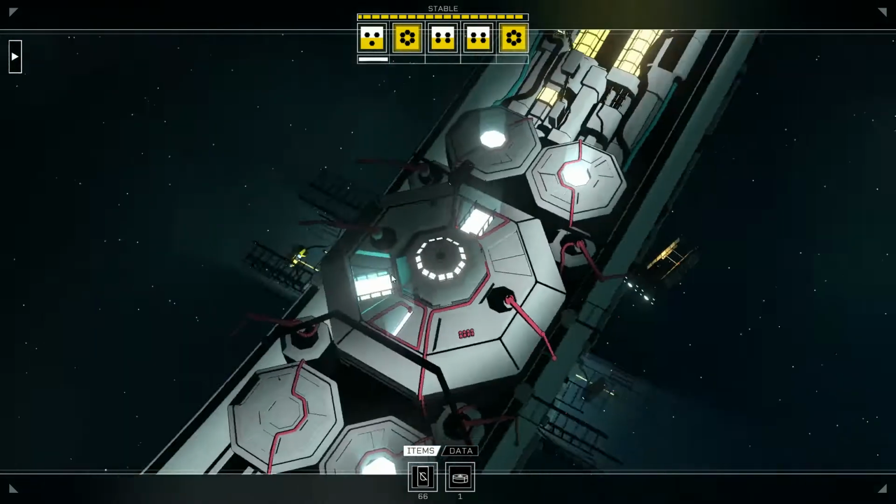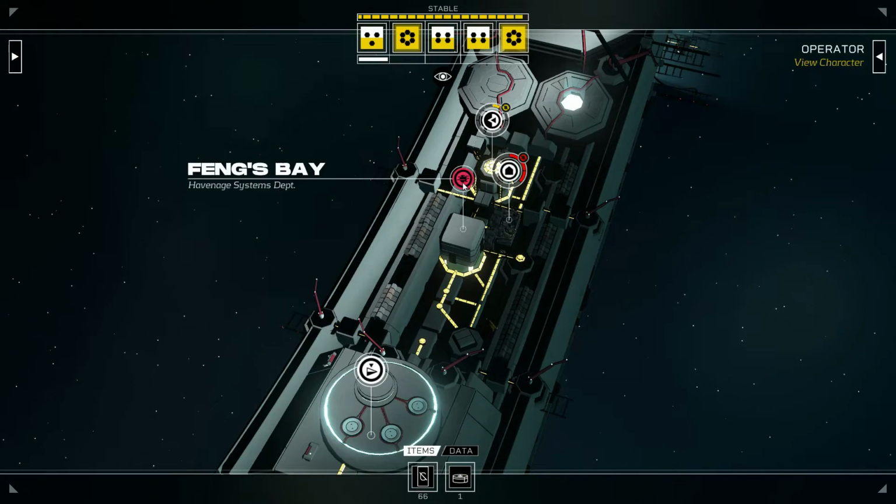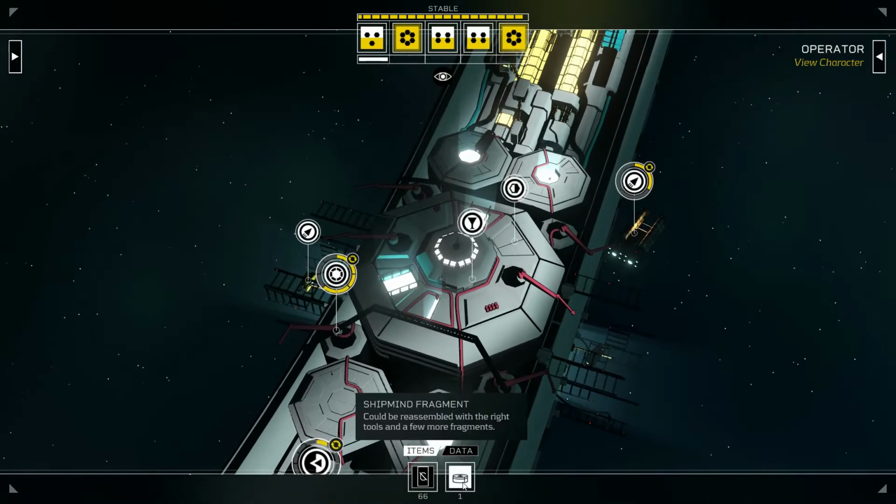Unload containers. I'm not going to do that. That's dangerous. Let's see, Dragos' yard. I could do the scrap again. I should actually...